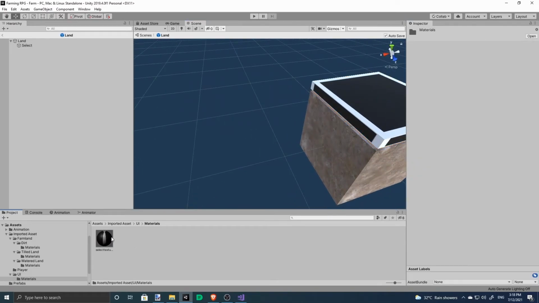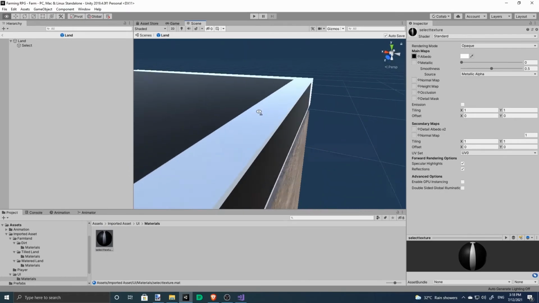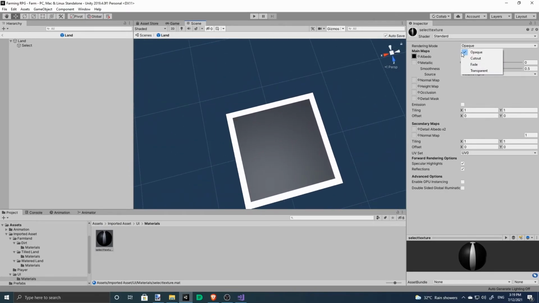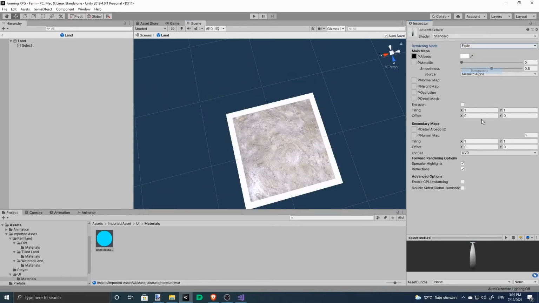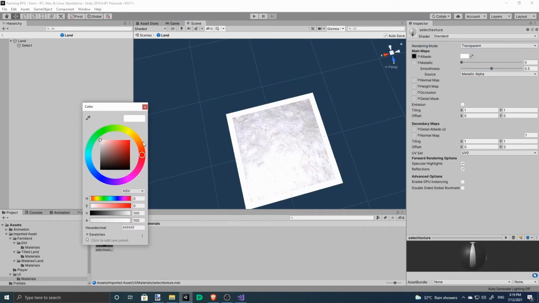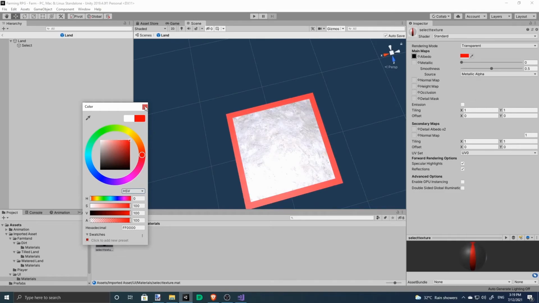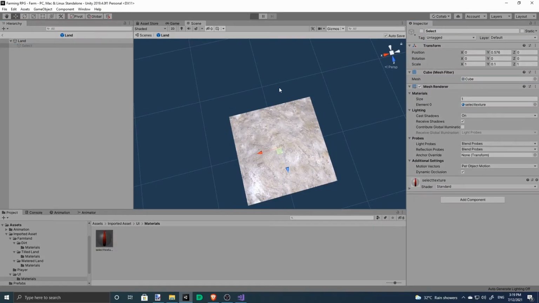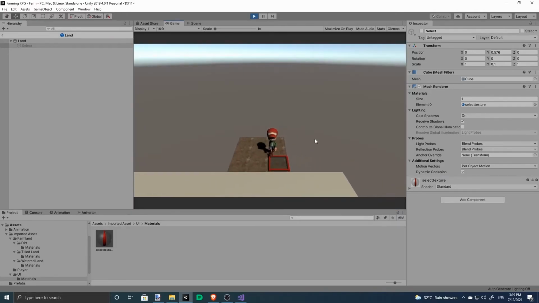And now we have a material. But we want the middle to be transparent. So we'll change this to transparent. And our color can be red. There. So now when it's selecting something, it's going to look red.